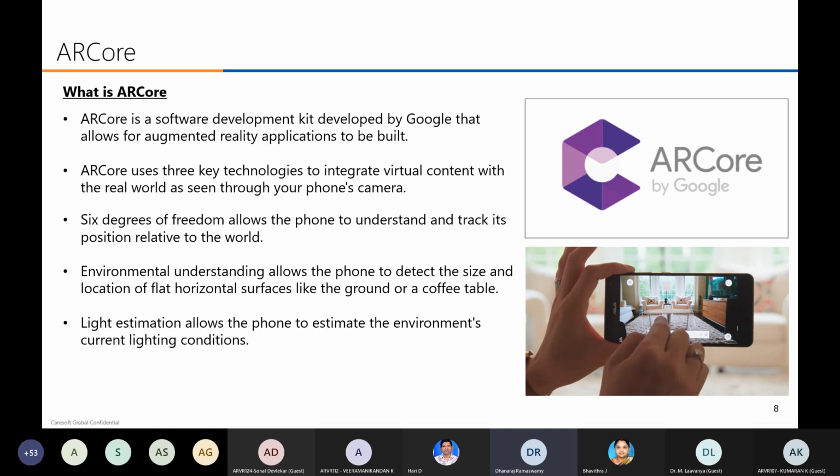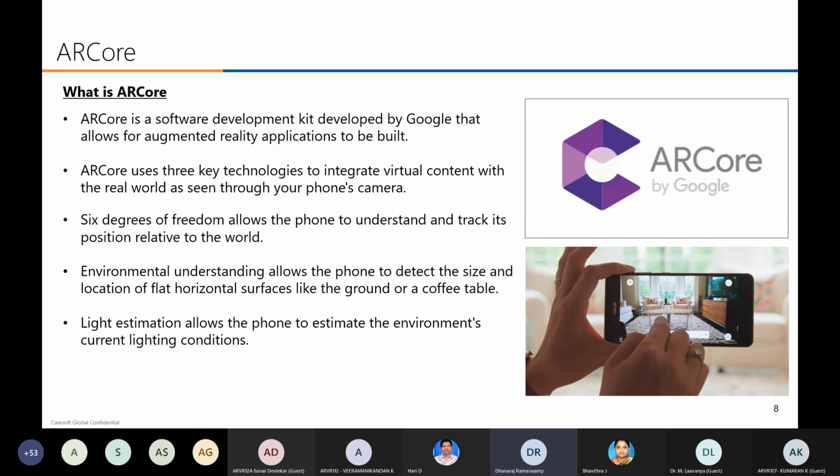Specifically, if you are going to use it for Google, I recommend ARCore, and ARCore will support both Android and iOS. But if you are going to develop only for iOS, please choose ARKit. If you are going for both, choose ARCore or AR Foundation. And for other SDKs like Vuforia and Wikitude, you can choose whatever fits your compatibility.